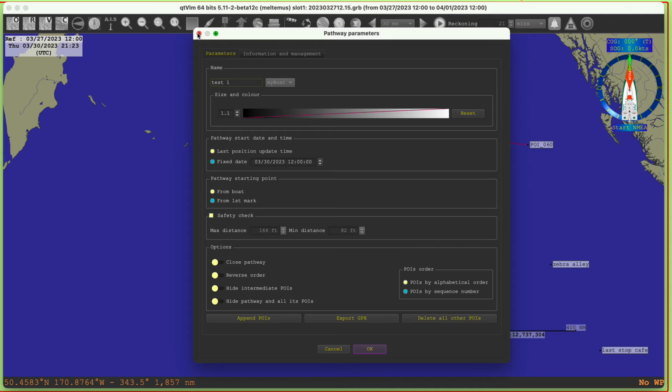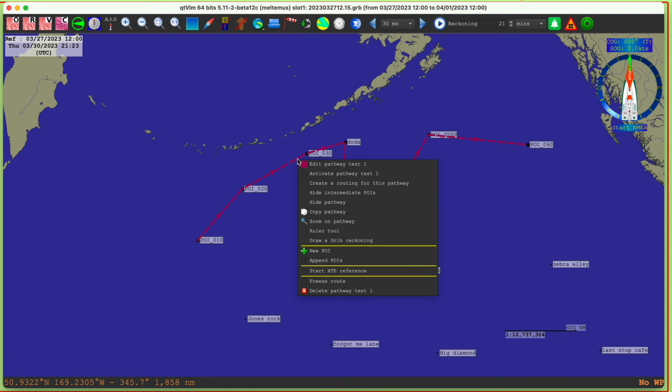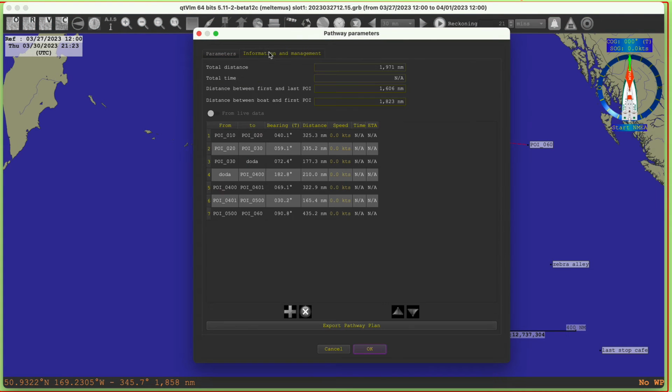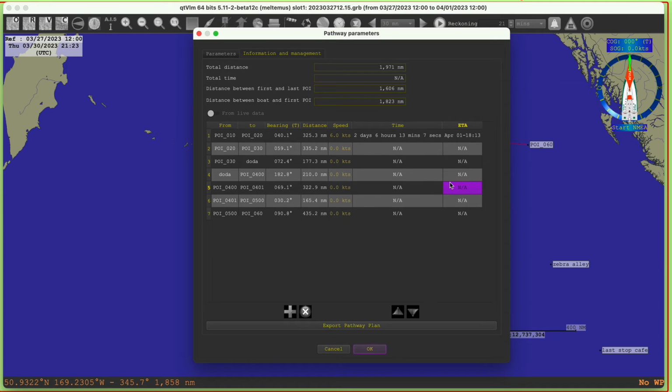So what's this? That's not what I want. Oh, no, that's okay. I'm there, edit a pathway, go to here. Now I have a start time, but I still don't have anything. And that's because my speed's 0, so I'm not moving. So let's just say on my first leg, I'm going to go out of there at 6 knots. Okay, so now I'm off. So I'm starting out, and I don't know if it's sail, power, or paddleboard, well, fast paddleboard, good current. So it's going to take 2 days and 6 hours to get to the next waypoint, from 1